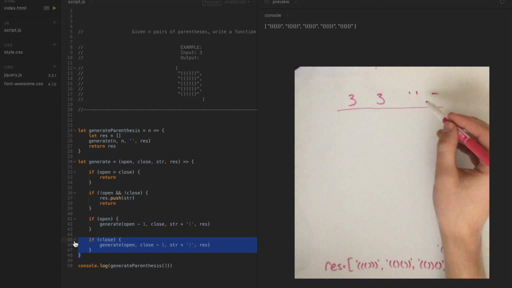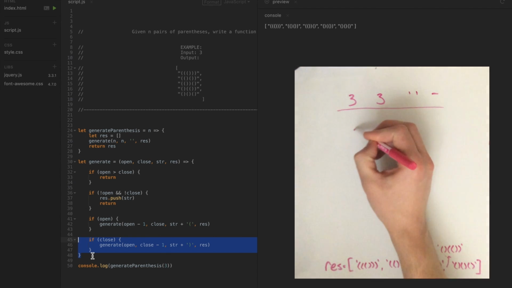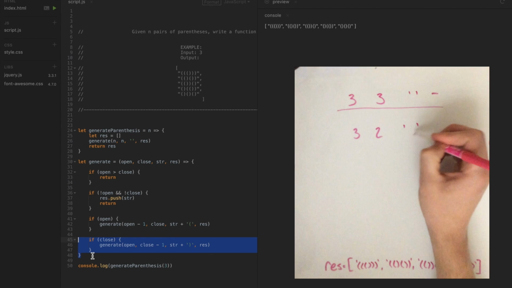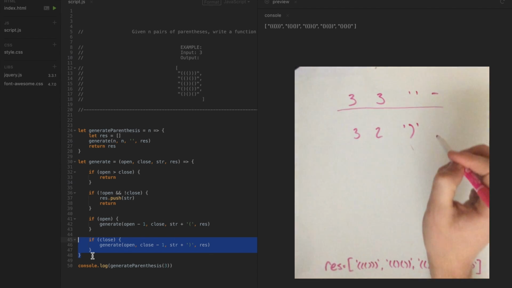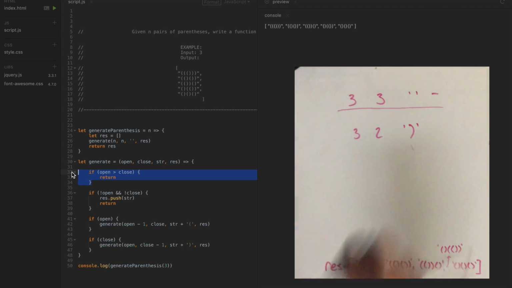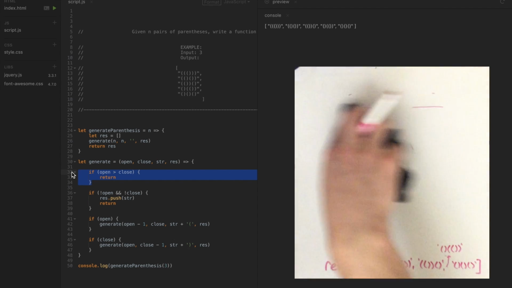But as soon as we tried to go through with this if statement, we would get 3 and then 2 like this, like that, which is obviously invalid, and we would hit this return statement, so we would exit out of that without having entered that or added that to our result. So we end up with